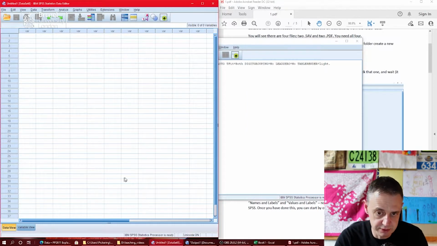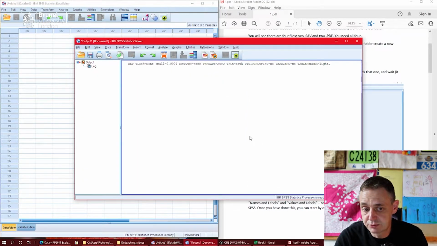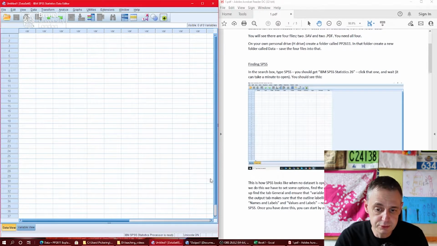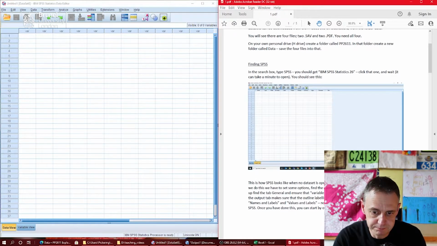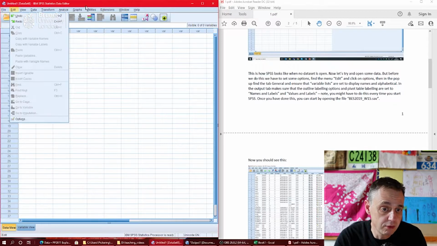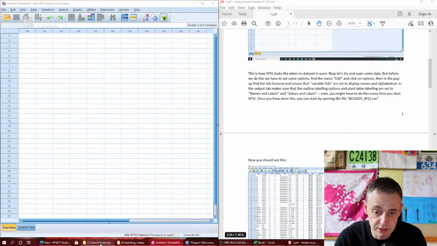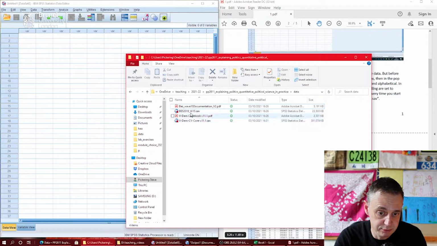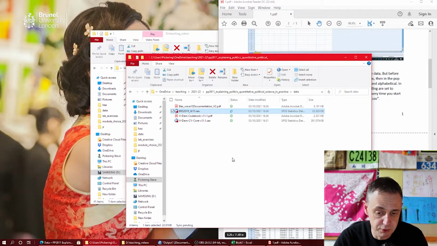Right. Jolly good. That's given us some output telling us that it has done something, and that is what it has done. Good. Right. So we can then open the file BES 2019 w15.sav. Either do it through file open, or just go to the file that you have here and double click, and SAV will be associated with SPSS. And eventually